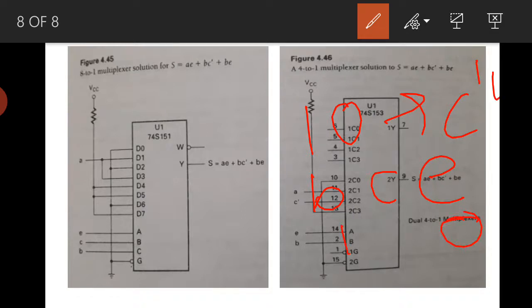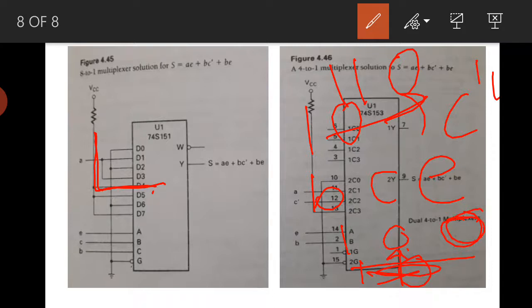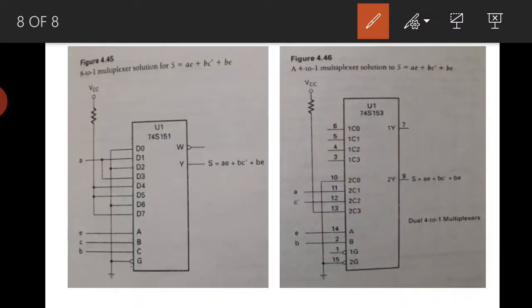C bar. In that case, if C is 0, C 0 means 4. 4 means the C bar should come, means 4 is connected to VCC. Whenever there is a 4, it is connected to VCC, means C is 0, the output is 1, C bar. Suppose if it is 6, B and D are 1 0, but C is 1. If C is 1, the output should come as 0, for the 6th. So 6th is connected to 0.